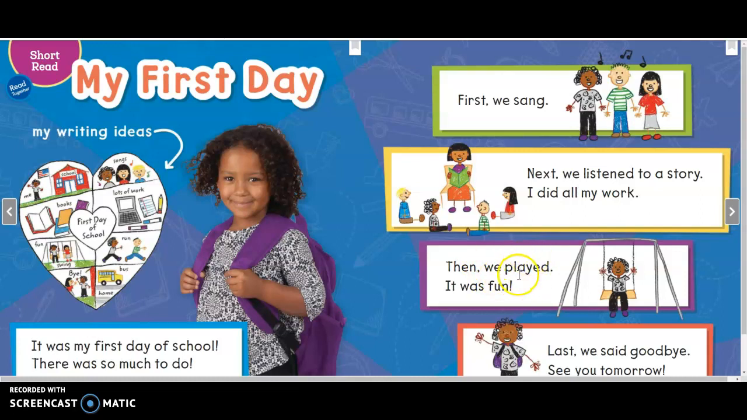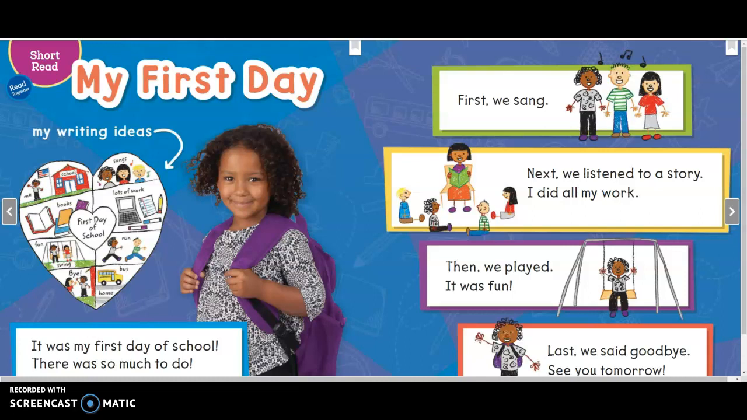That's awesome. Then at the very end, we see this word last. That means at the end of our story. So last, we said goodbye. See you tomorrow. So at the very end of her story, she said goodbye to her friends and that she was going to see them tomorrow. So that's what happened in the beginning, middle, end, and we knew that using our words first,